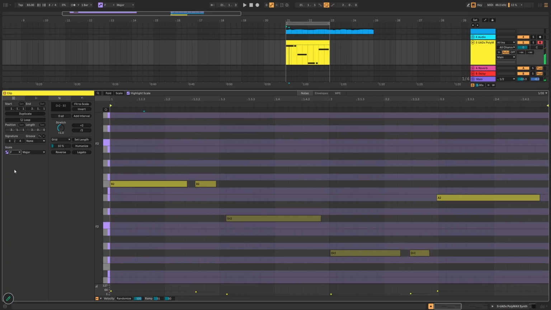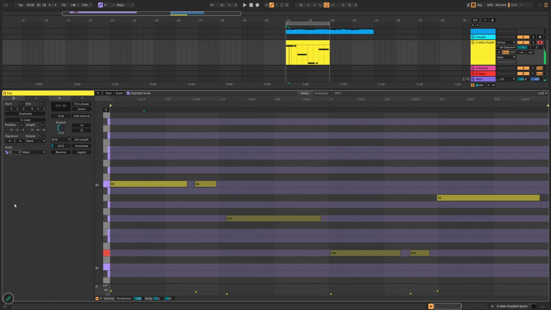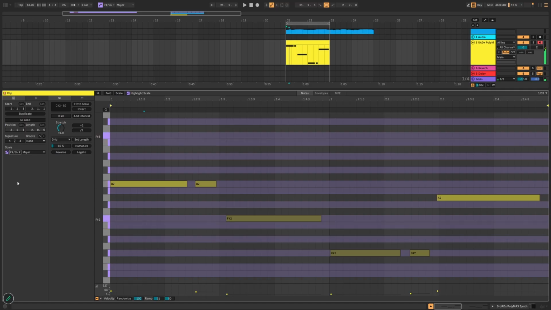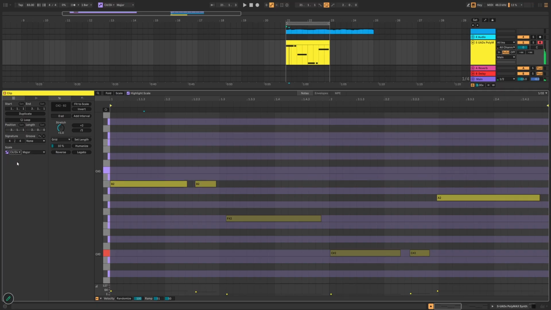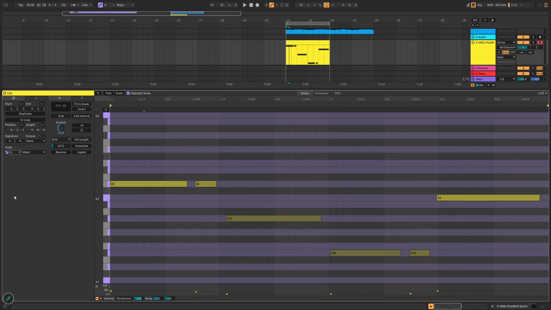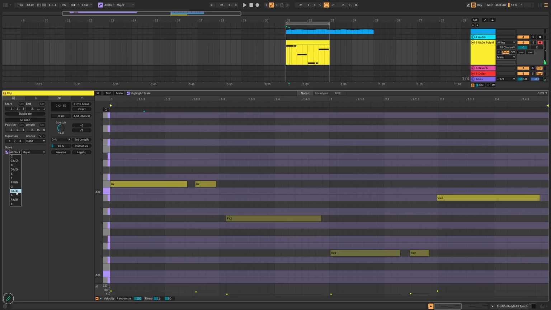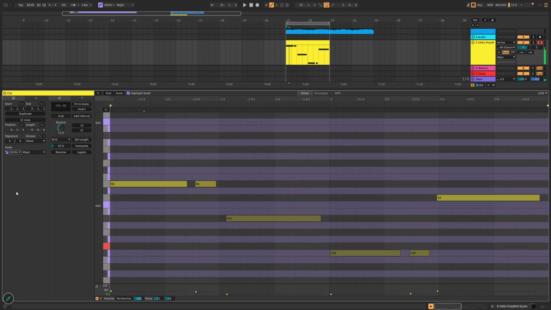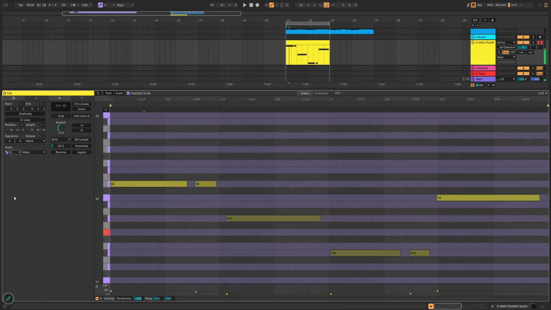F, B, nope, F sharp. Wait, which key was this? I'm trying to figure out what key I have right now in here. This one. A major. Okay.